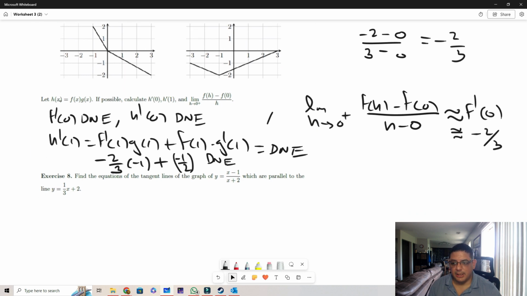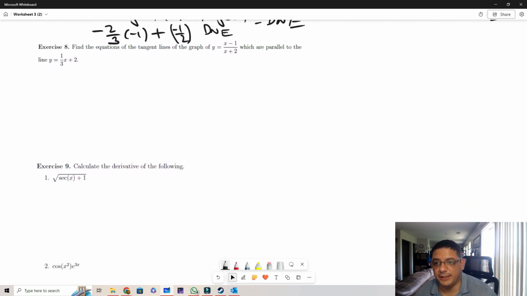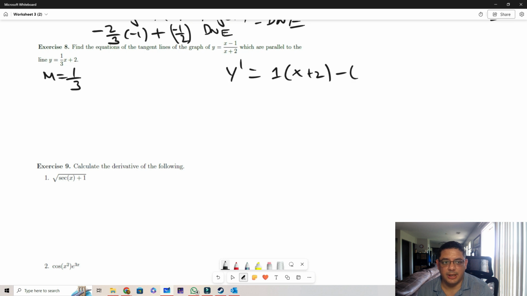Okay. Now, exercise 8 says, find the equation of tangent lines to the graph of this, which are parallel to the line y equals 1/3 x plus 2. So from this, we know that because it's parallel, the slope of the tangent line has to be 1/3. This is what has to be the slope. We don't know yet where that's going to happen, but this has to equal the derivative of this. So we find what y prime is. y prime here is the derivative of x minus 1, which is 1, times x plus 2, minus x minus 1 times the derivative of x plus 2, which is 1,